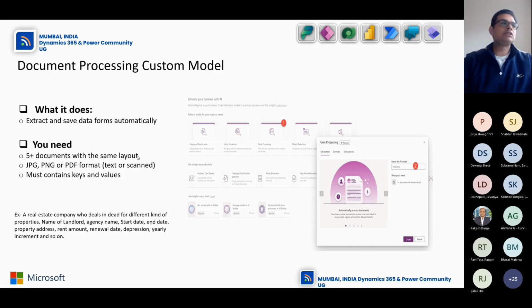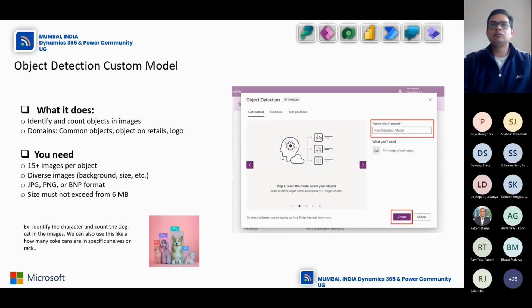In this series, the next custom model that we have is the object detection model. We have an image, and we can just click a picture from a camera and upload it. This will help to count the selected objects. Like in this image below, where we have a cat, dog, dog, cat, if we want to know how many cats are in the picture, or how many types of animals we have in this picture. So this object detection model is very, very useful to extract the information and save